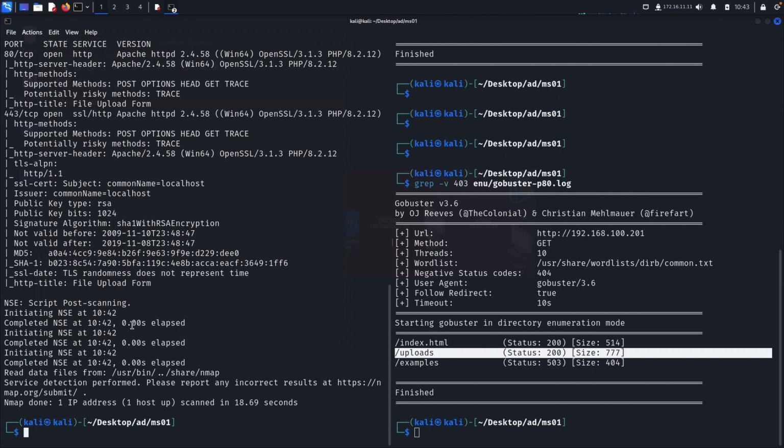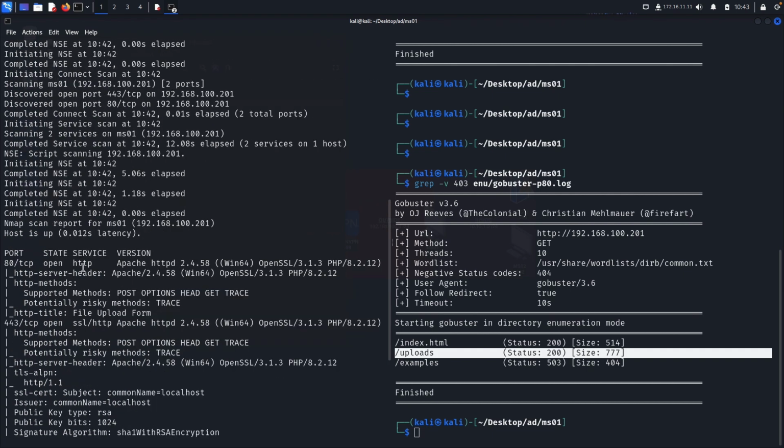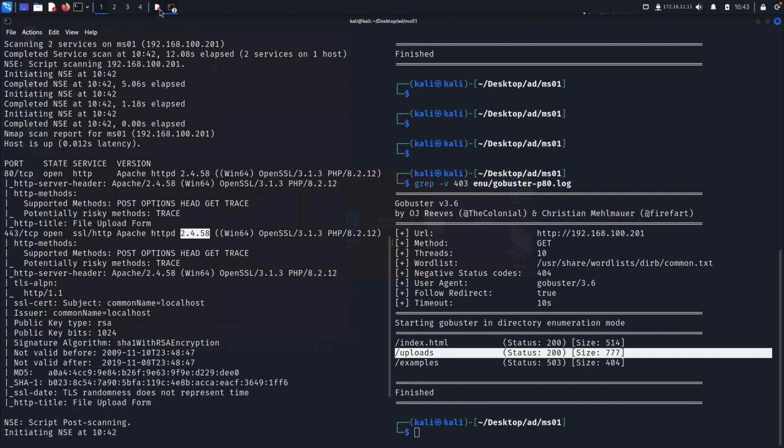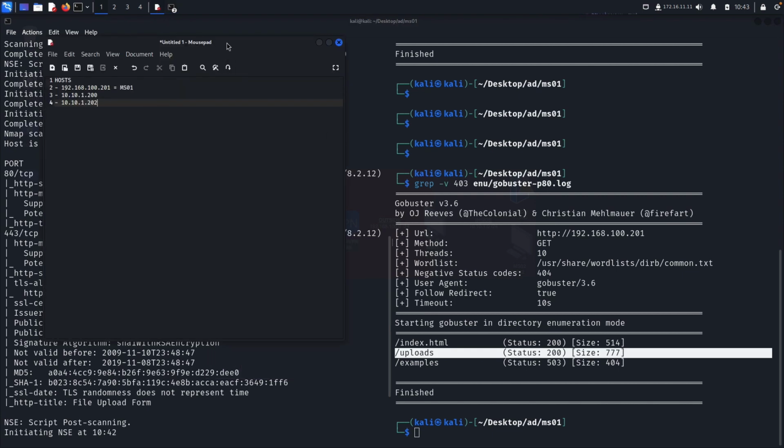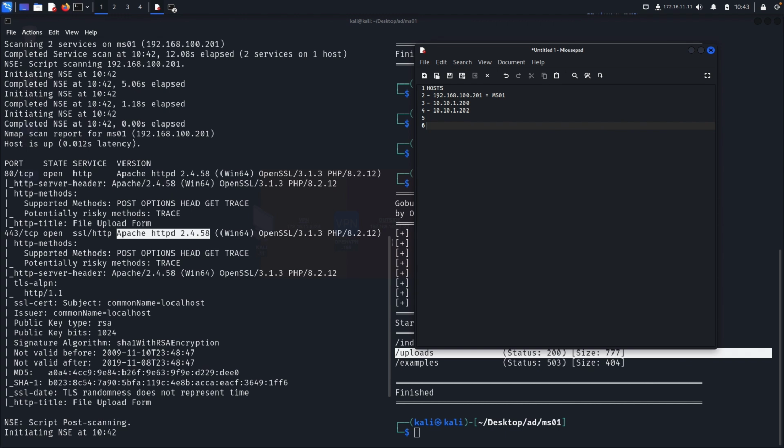So when we go back here, we can see that sure enough, 80 is running Apache. Looks like 2.4.58 and 2.4.58. So some of the first things that we would want to do is start documenting all of this, right? So we'll grab this, copy it, and we could say ports or services, and we're going to document that 192.168.100.201 has